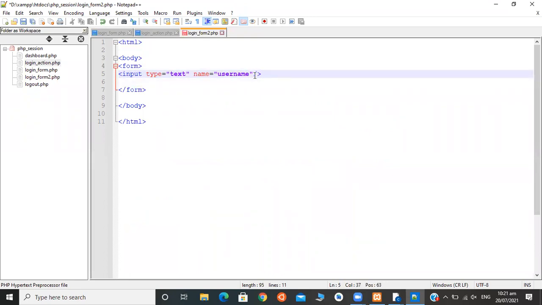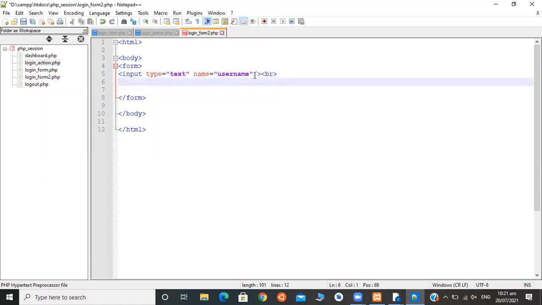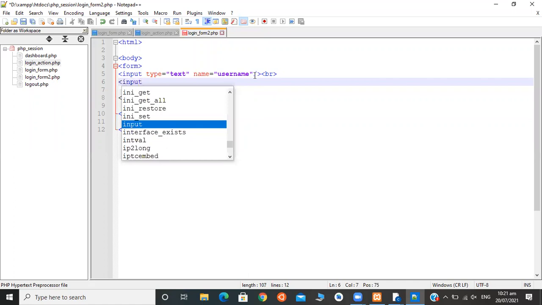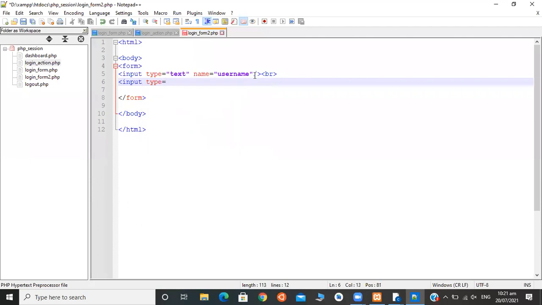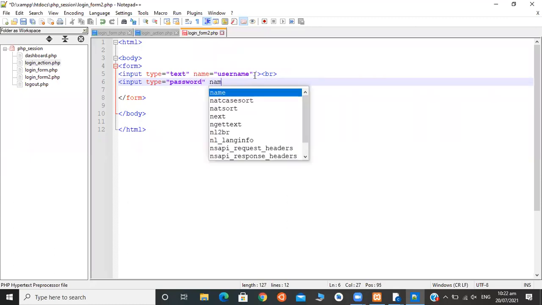Let's give a break after this. Break is a tag for the next line in HTML. Then we need another field for the password. So input type equals text for the password. Give it the name password.